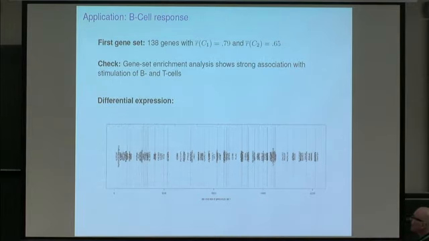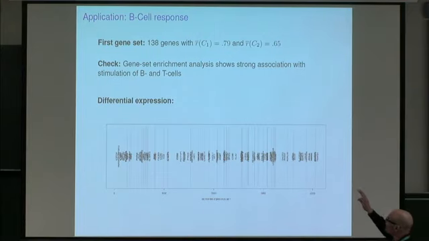So here's what we found. We found just the first gene set. The correlation in condition 1 was 0.79, correlation in condition 2 was 0.65. So again, not like it was really high and 0, right? But we had, I don't know what you call this, high moderate versus moderate, something like that. And the gene set, they got excited. And again, I think it was the eyebrow. They passed the eyebrow test.